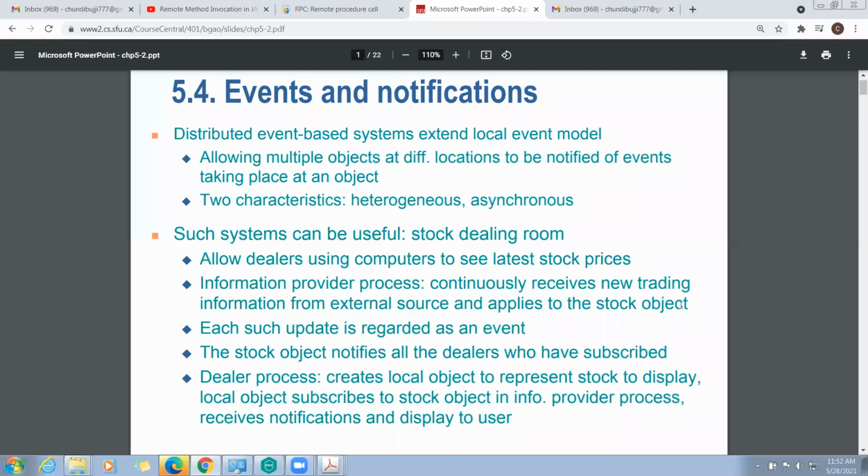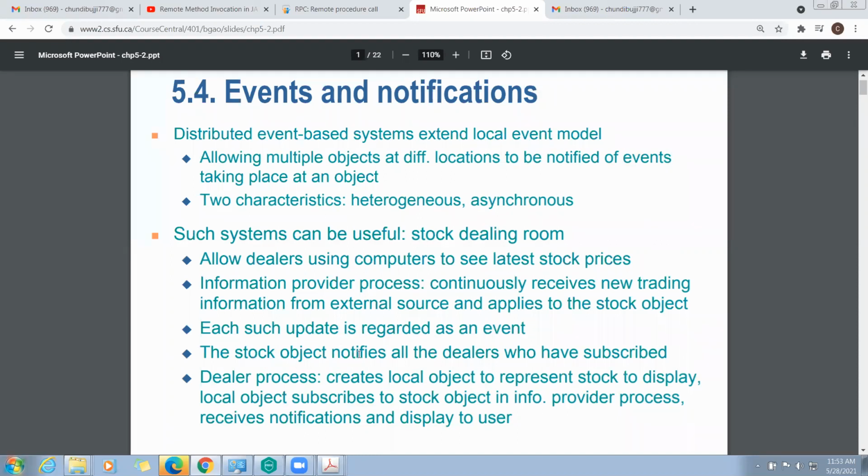That comes from the external source and needs to be applied to the object. Such an update is regarded as an event. Every update from an object is treated as an event.